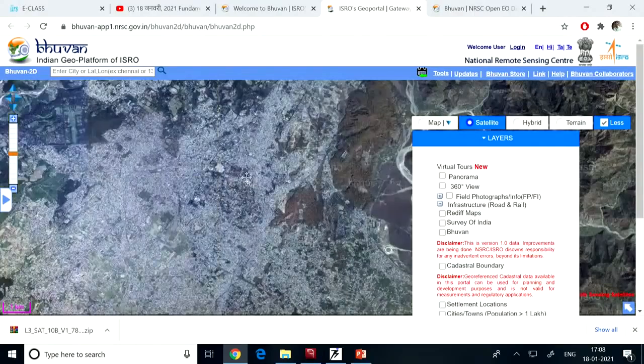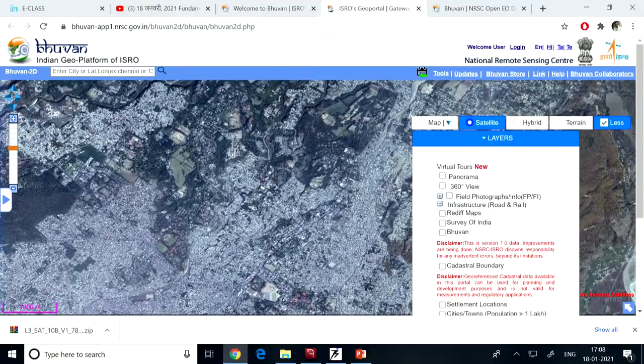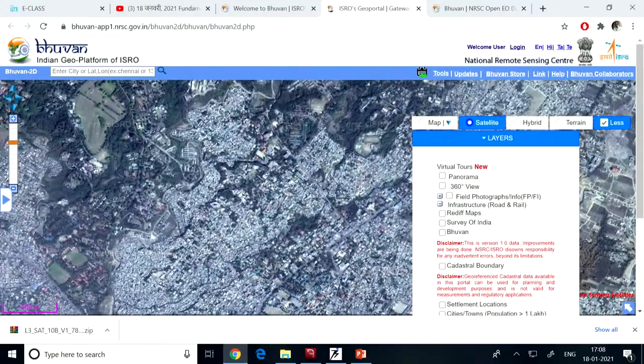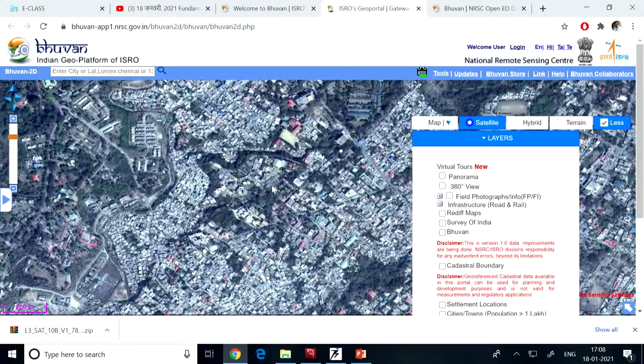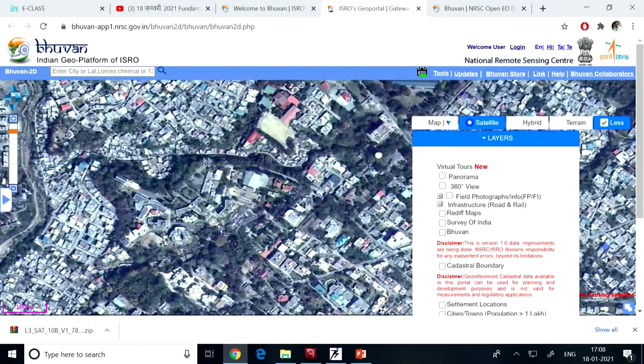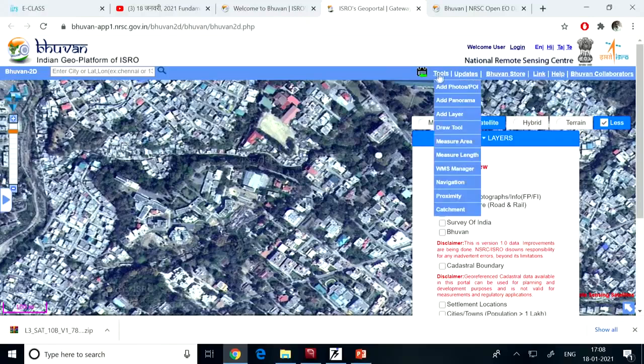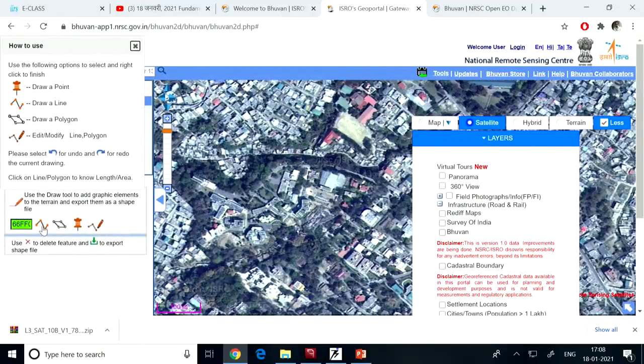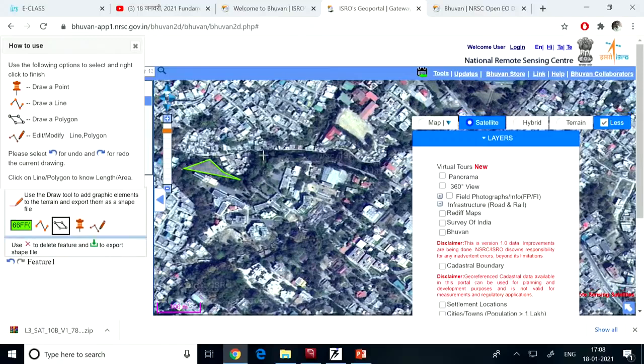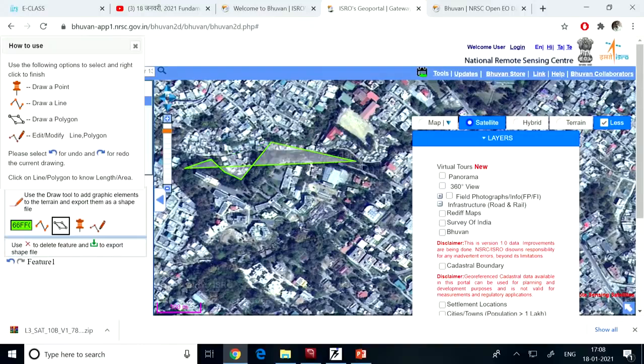Now let us zoom further, and we can zoom further here. Now let us zoom it further. Some institute is visible over here. This is nothing but IIRS only. Let us try to draw a boundary of this particular institute. So we can create the vector data like this using the vector draw tool. If you see here, there are line, polygon, and point. Since it is a boundary, I will create the boundary. So we can create the boundary for this.